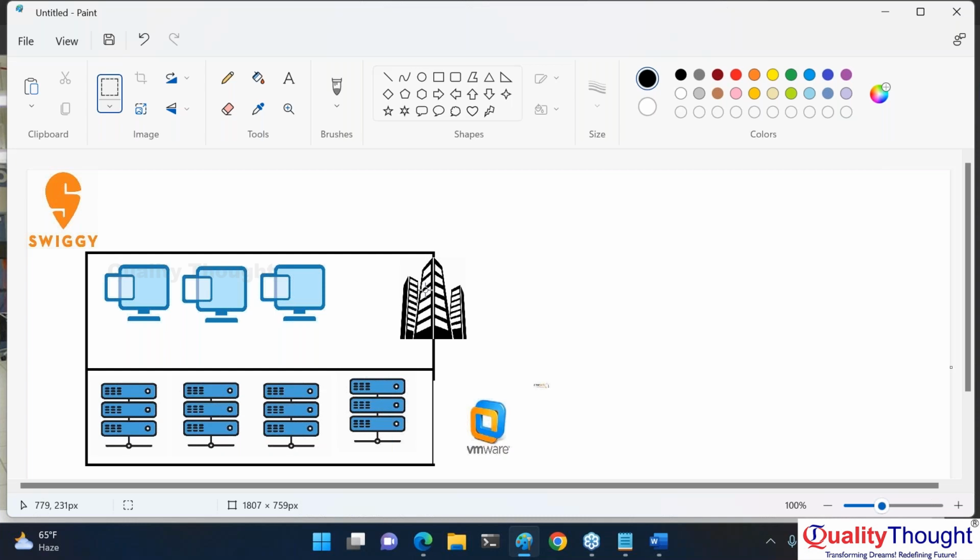In this case, these physical servers will have networking. Do you agree with me on this? Physical servers will have some kind of networking in that. That has to be maintained by Swiggy. Physical servers maintained by Swiggy. Power connections maintained by Swiggy. Data centers generally need to be maintained at very low temperatures, so that needs to be maintained by them as well.